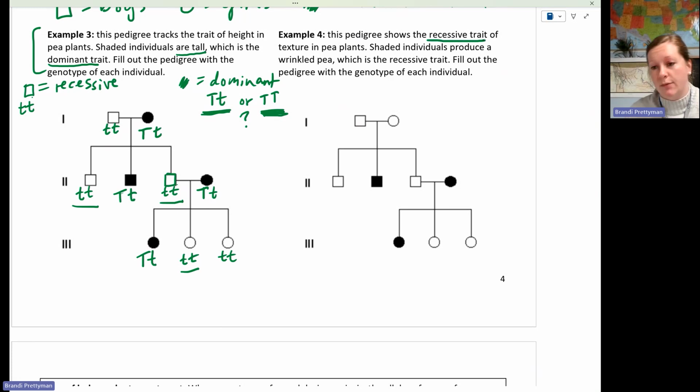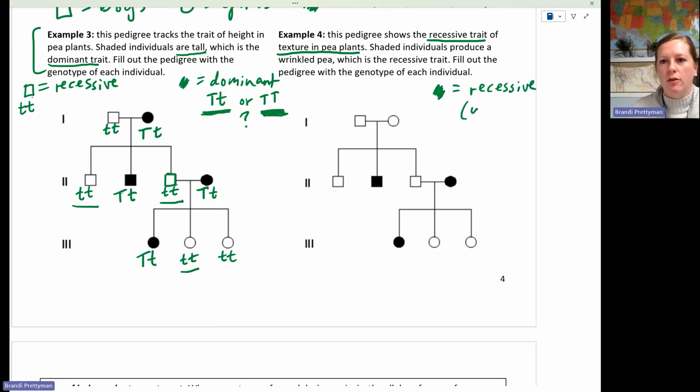Ooh, we're showing a recessive trait now. So this will be good practice for the opposite way of thinking. The recessive trait of texture in pea plants. Okay, shaded individuals produce a wrinkled pea, which is the recessive trait. So I'm going to make a little key for myself up here. Shaded equals recessive,